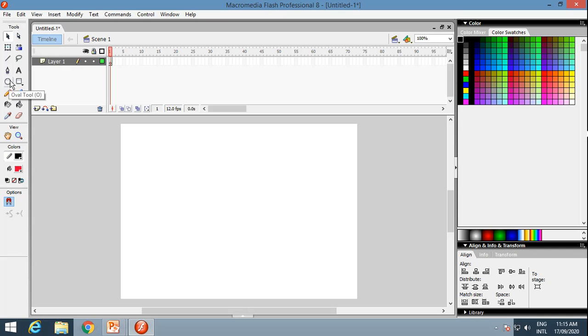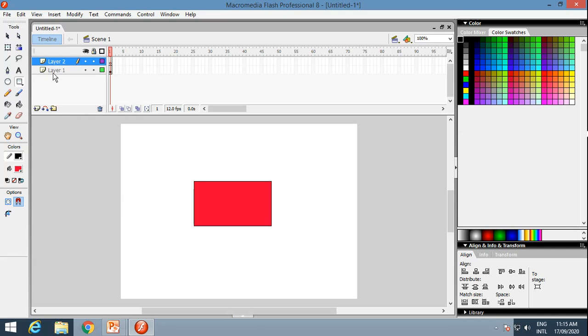For example, suppose we will draw one rectangle. See, this rectangle is drawn. Now if you want to insert a new layer, then you have to just click on this button, that is insert layer. See, I am just clicking here, insert layer. Layer 2 is inserted.